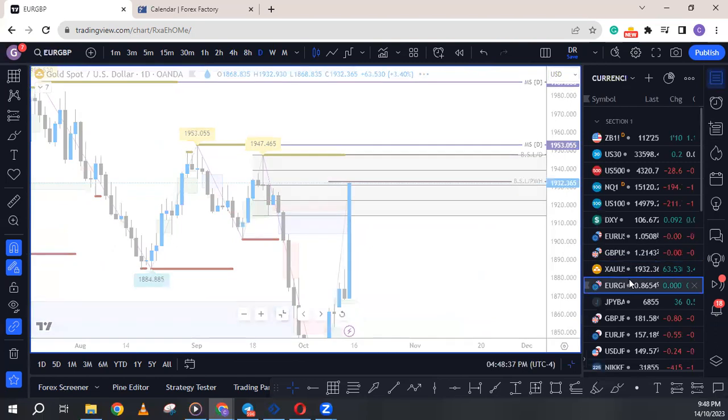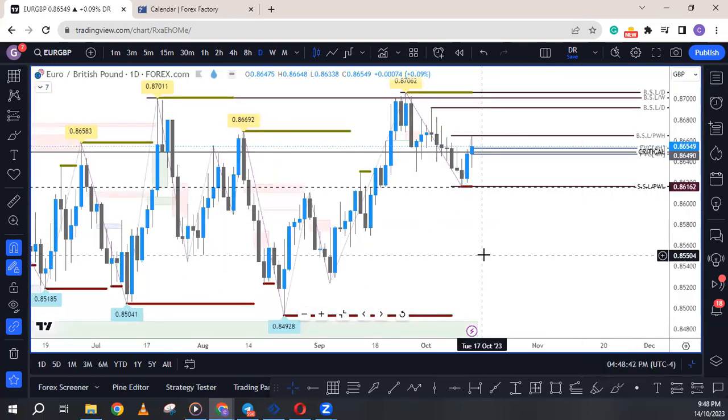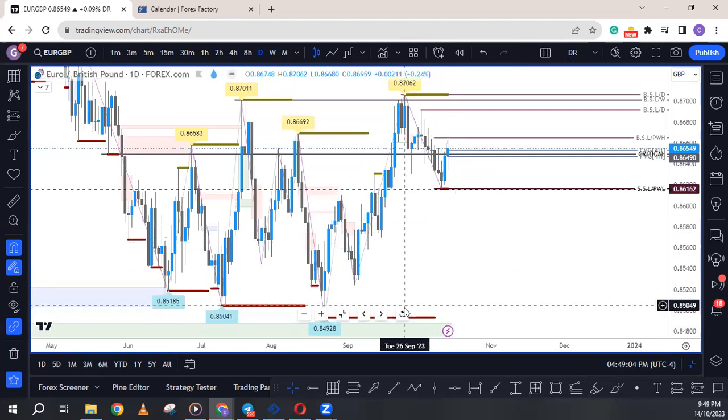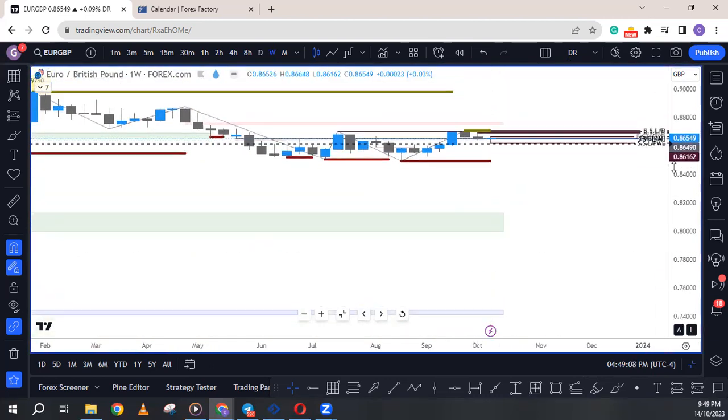The next one we're going to be looking at is EURGBP. Now, this EURGBP is important. Why? Because if you have a bullish EURGBP, Euro pound, it means you're going to have Euro strength and pound weakness. But if you have a weak Euro pound, that means you're going to have pound strength and Euro weakness. So if we look at this Euro pound on the weekly,